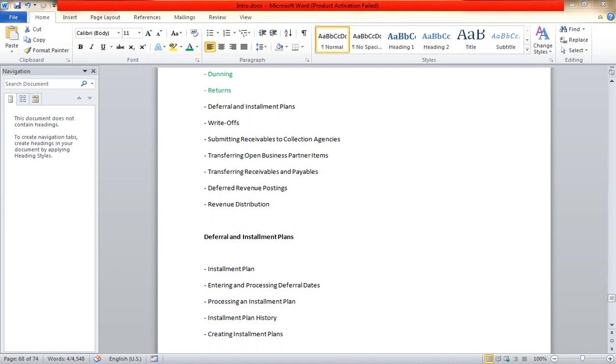The main features of this are that you can delete installments that have not yet been paid, and change the amount of an installment, repayment and interest, or the due date. You can add installments to an active installment plan. The sum of the installments in an installment plan must always be equal to the sum of the original receivables entered in the installment plan. So this is how the installment plan works,